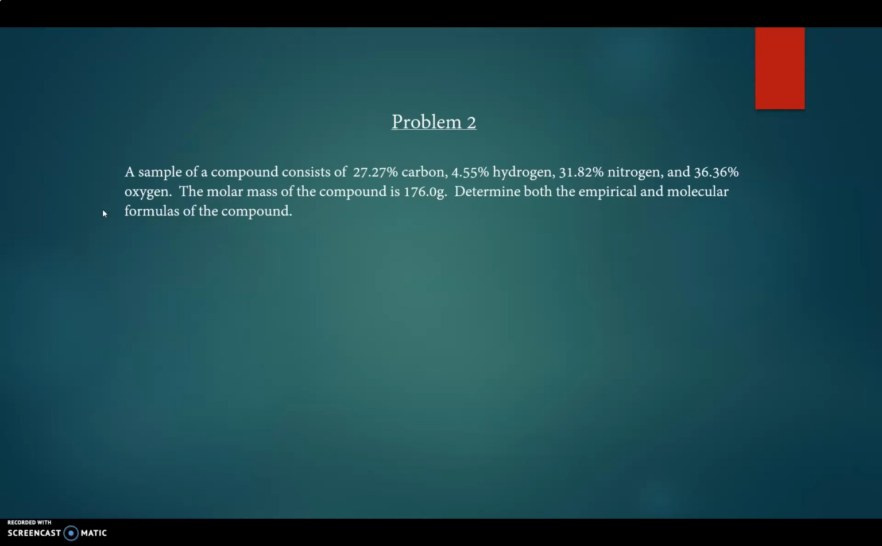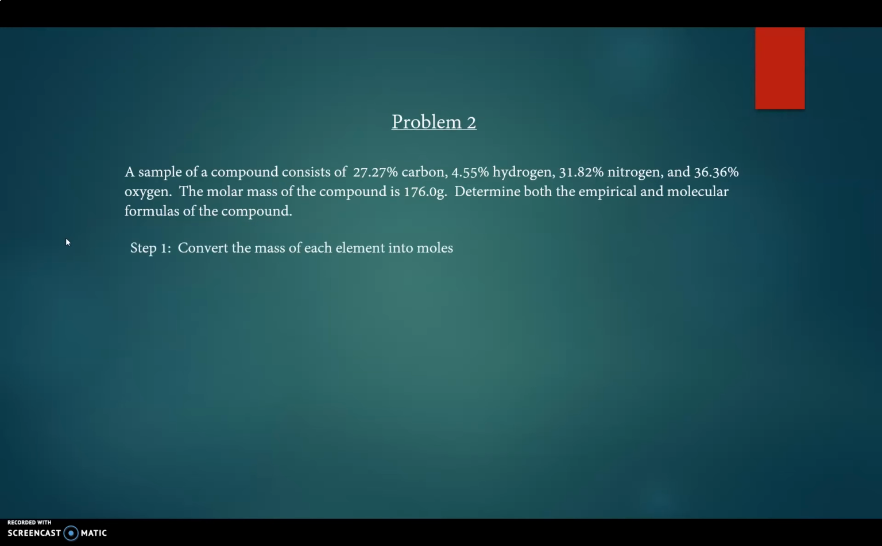For example, if you have a teaspoon of sugar, the formula is C12H22O11. If you have a 5-pound bag of sugar, is the formula different? Of course not. It's still C12H22O11. If you have a truckload of sugar, it's the same. So the composition of a compound doesn't depend on how much you have. So we can simply pick whatever we think is the easiest amount of compound to start with, and that turns out to be